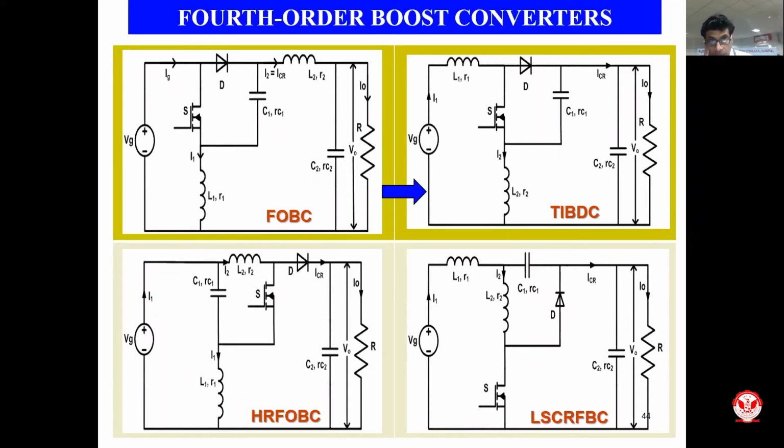This is the first topology, which is obtained by changing the locations and the connections of the DC-DC boost converter with filters. Here you see that there is an inductor placed at the load side, and this is your intermediate inductor, and a capacitor is placed in between. This capacitor plays an important role in the power processing or power boosting and transfer from source to